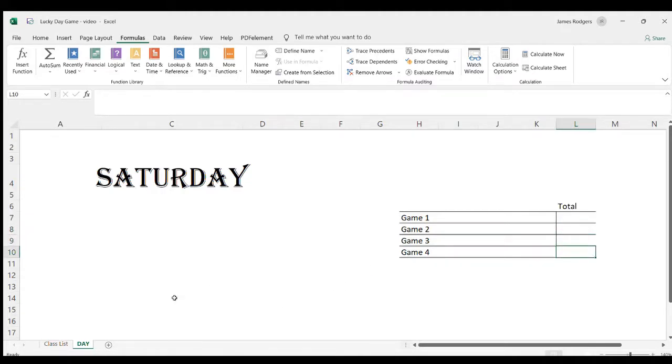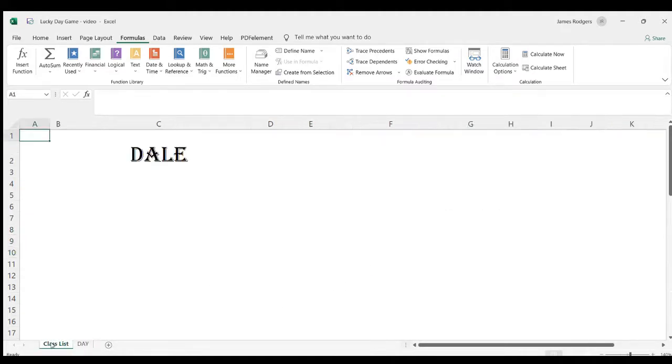All right, and so what we're going to do is play this game. I would have the computer randomly generate a student's name. And then if we were in class, I would say, okay, Elliot, pick a day of the week. And so then,